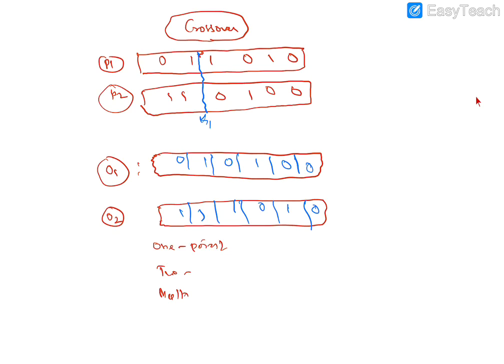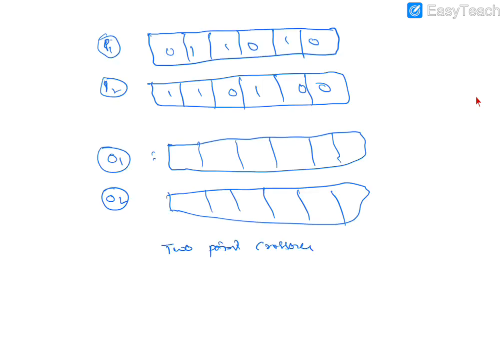So this is 1 point. Based on 1 point we consider the values and we are able to generate a new generation. Otherwise, we can consider one more thing, that is 2 points. In case of 2 point crossover, these are the parents which are given to us. What is the first point we have considered? K1. Here in the 1 point we took the left side as it is and flipped the right side. That means parent 2 goes to offspring 1 and parent 1 goes to offspring 2.